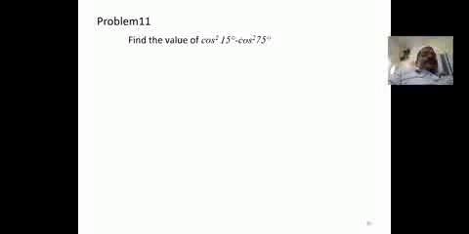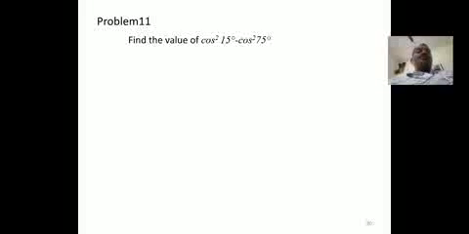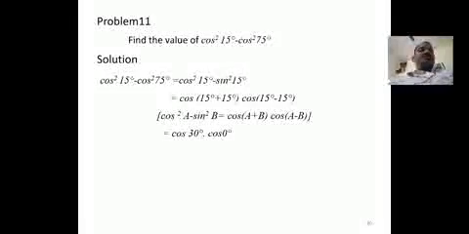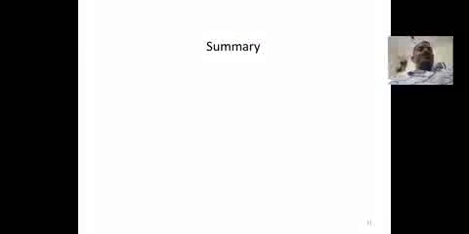Same, cos square 15 minus cos square 75, this you can also write the same way: cos square 15 minus sine square 15, since cos square 75 you can write as sine square 15. Now it is a small change, that is cos square A minus sine square B, that is cos of A plus B into cos of A minus B, where A is 15 degrees, B also 15 degrees. Cos of 15 plus 15 into cos of 15 minus 15, cos 30 into cos 0. Cos 30 value is root 3 by 2, cos 0 is 1, so the result is root 3 by 2. Root 3 by 2 is the required result of this problem.